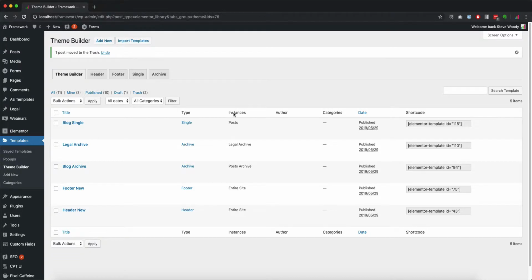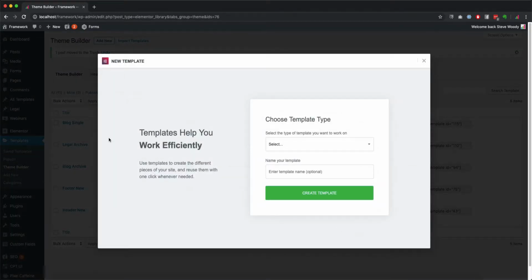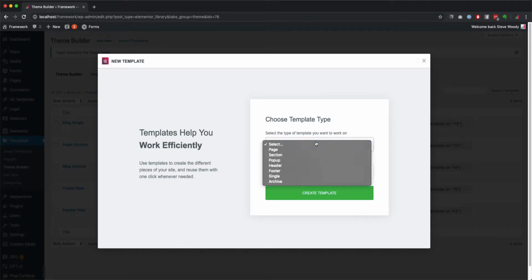So with that being said, what we're going to do now, I'm going to come back to this, is go into the theme builder and add new to create our own template. The first thing it's going to ask is what type of template do you want to create. We can create a complete page, a section of a page, a pop-up, a header for the top of the site, a footer for the bottom, a single